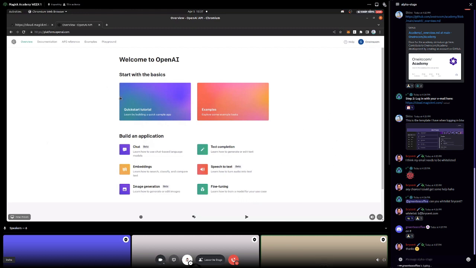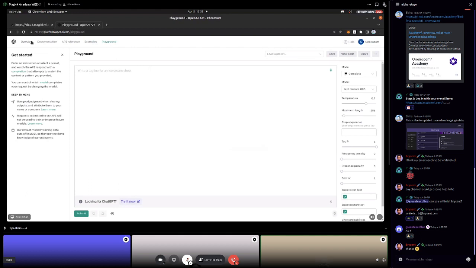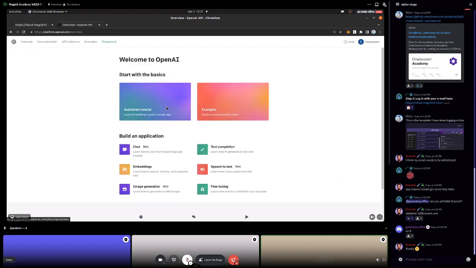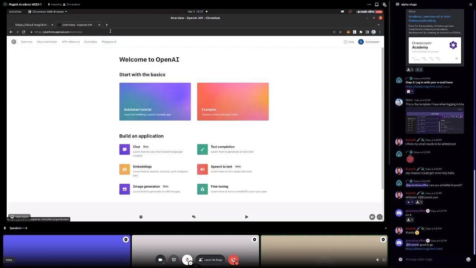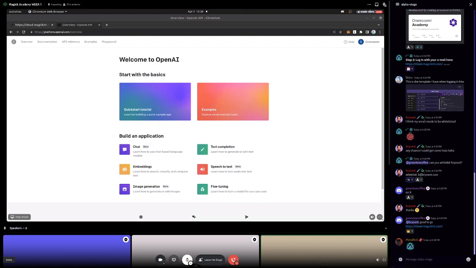And once I'm logged in here, there's a few different places we'll revisit. I can go in, for example, into some examples and the playground and all of that. I just want to make sure that everybody is caught up. You have two things, right? You have an OpenAI key, and you have logged in successfully to the Magick Cloud. While you're doing that, I'm just going to reset my screens over here on the side. And we'll be moving on to the next part soon.